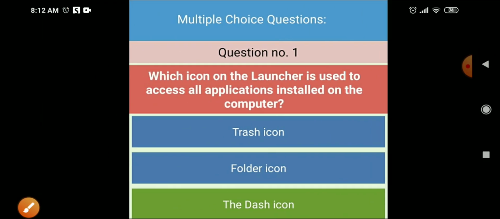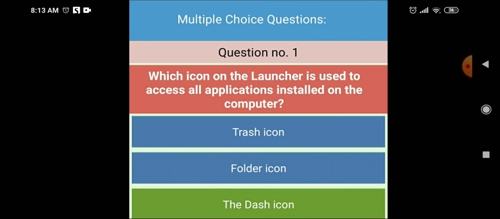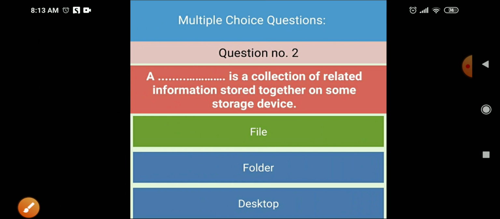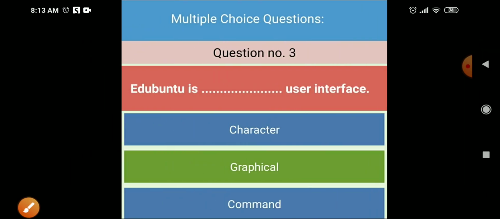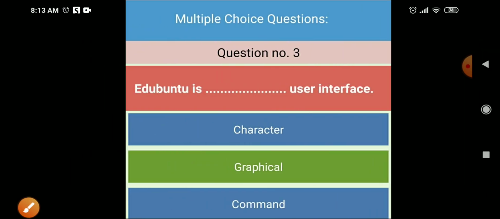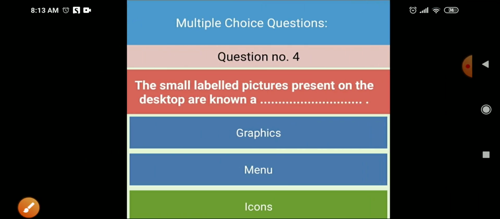Next is MCQ. Which icon on the launcher is used to access all applications installed on the computer? Dash icon. A file is a collection of related information stored together on some storage device. Ubuntu is a graphical user interface.